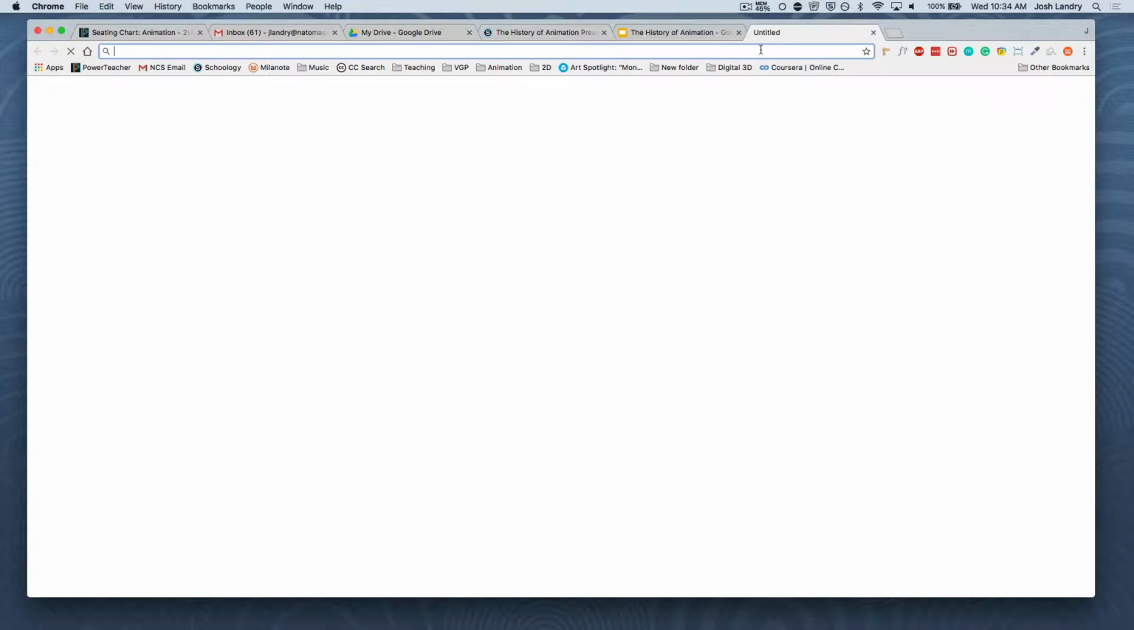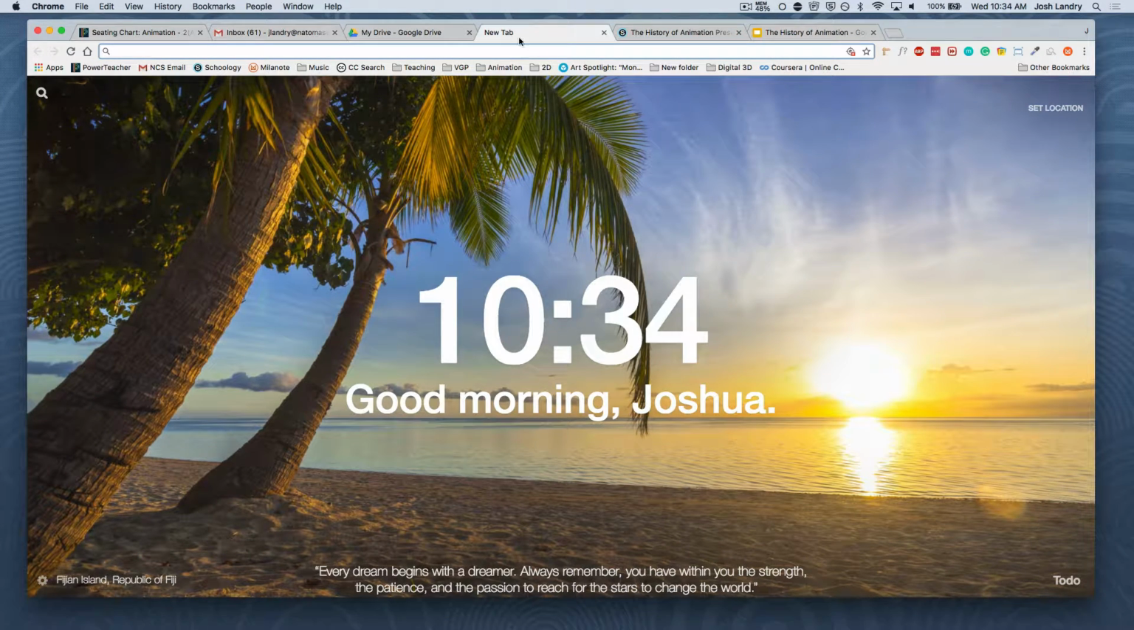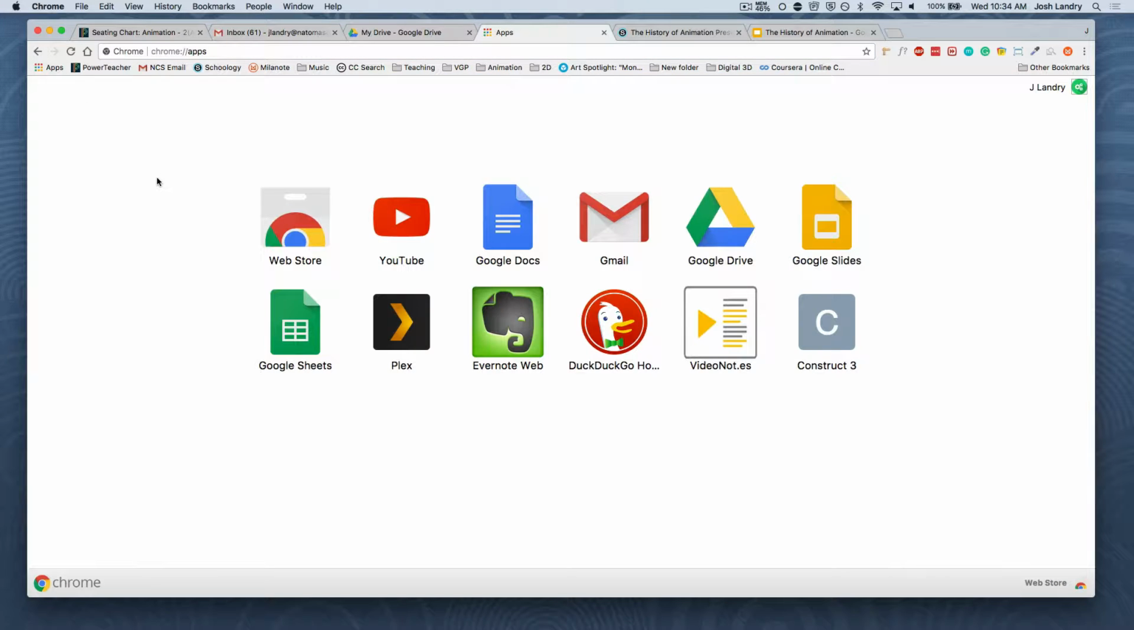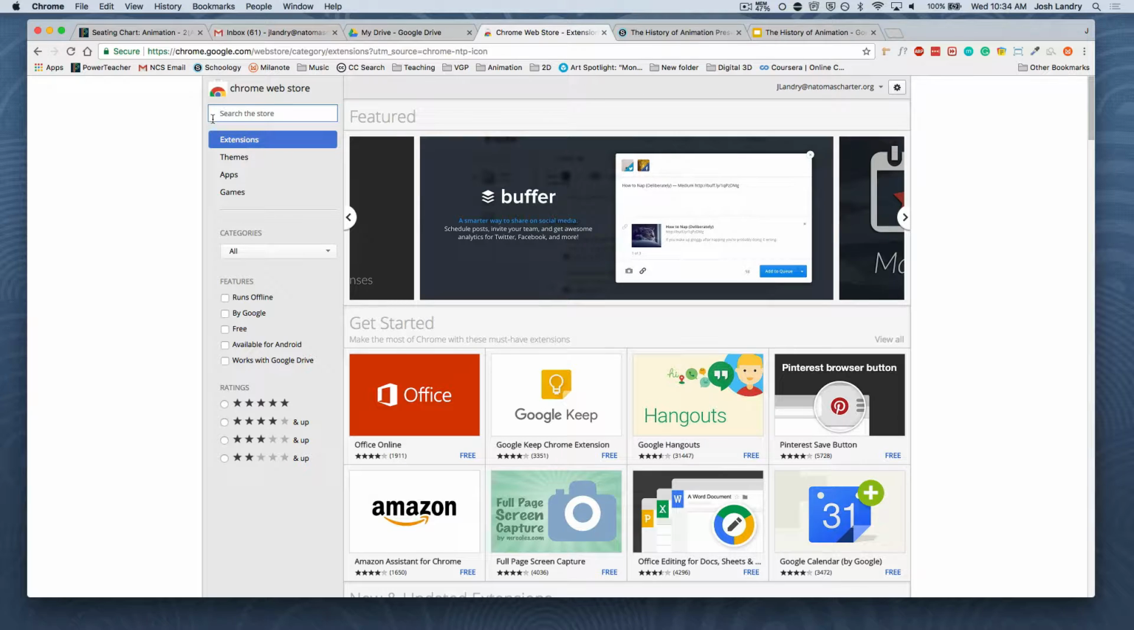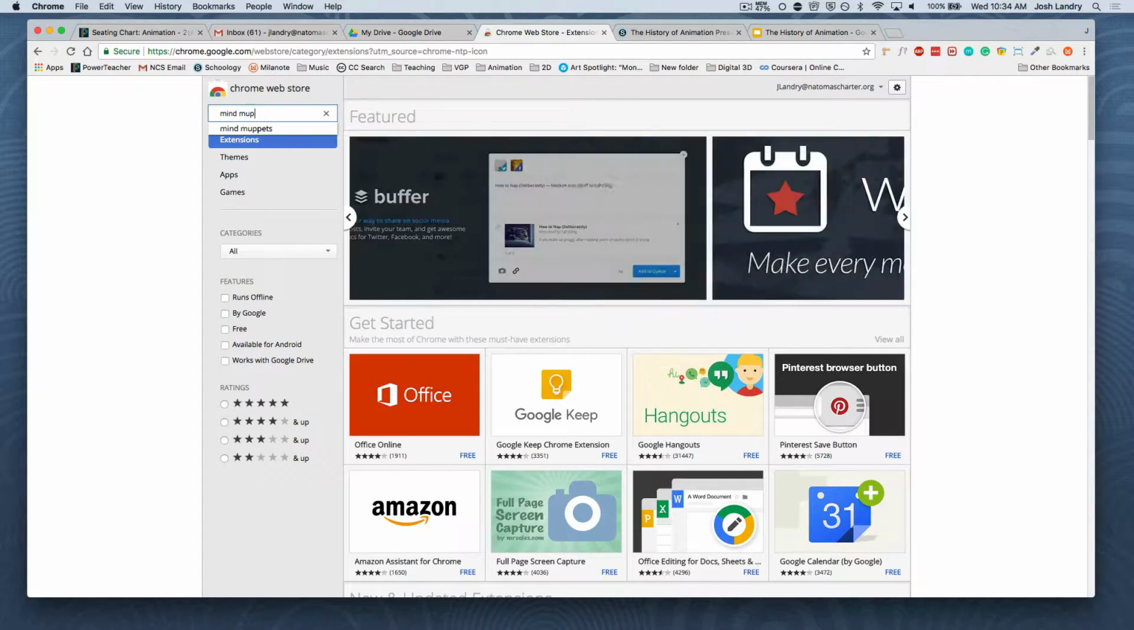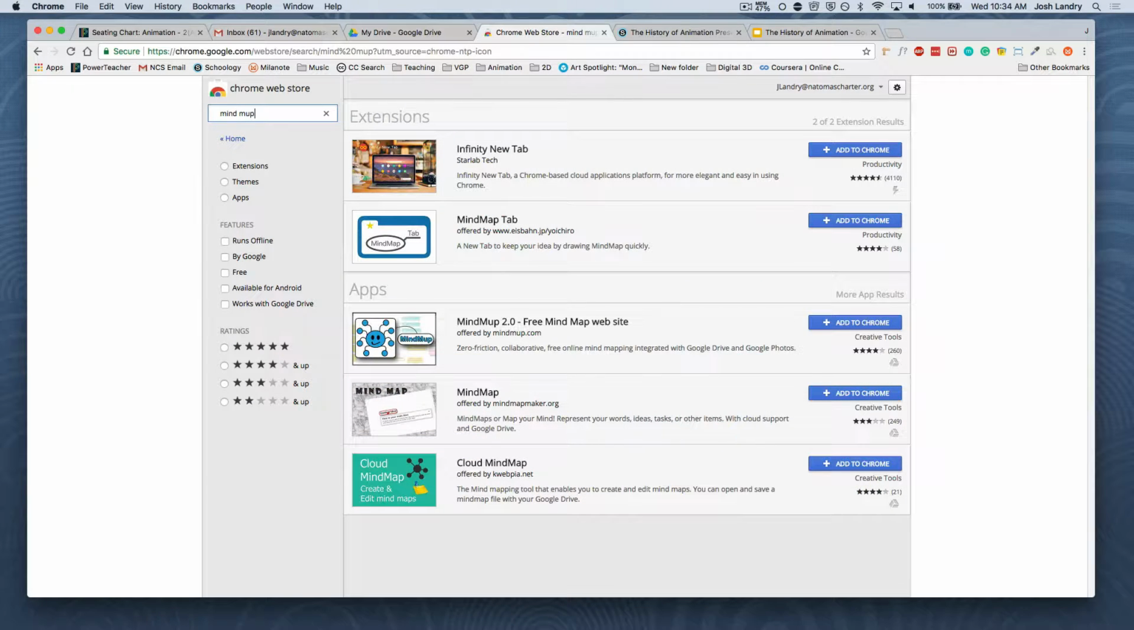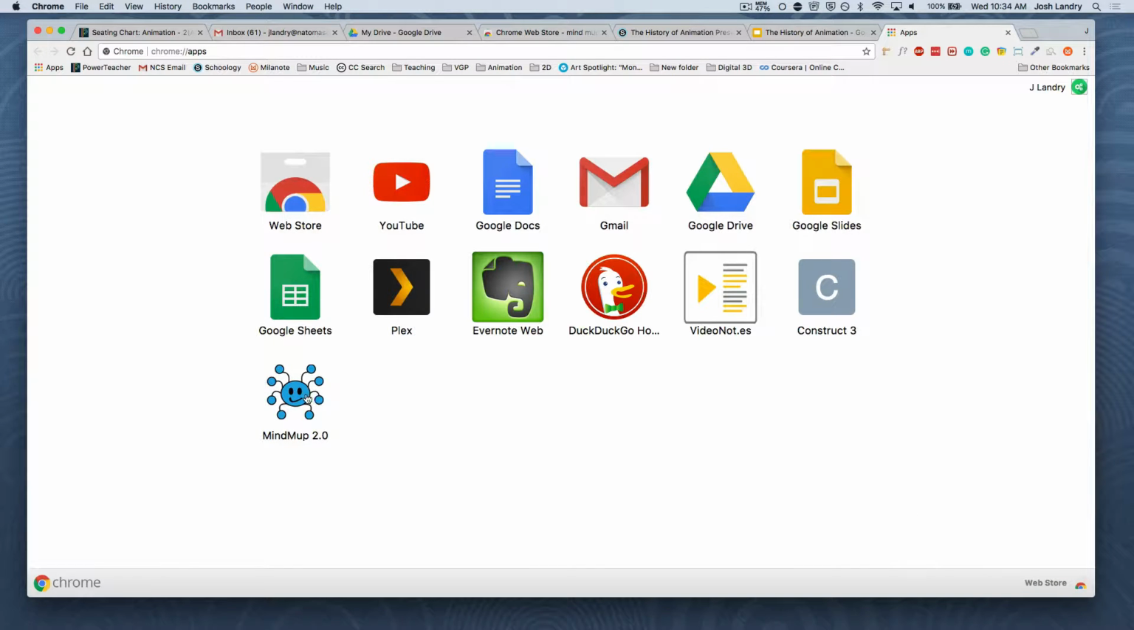So in Google Drive, in Google Chrome, you're going to open up a new tab, and then you're going to go to Apps, and you're going to go to the web store. When you go to the web store, you're going to search the store, and you're going to type in MindMup, M-U-P. Press return and you'll see it down here, MindMup 2.0, down here in the app section. Click on Add to Chrome, Add App, and you should now see it show up amongst all of your installed